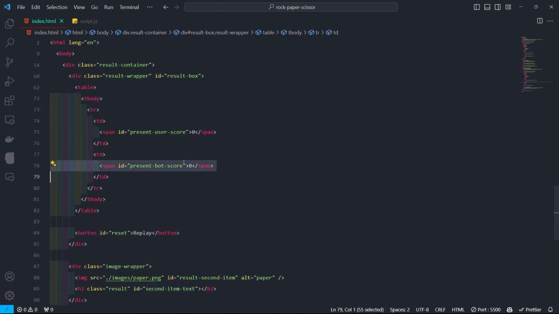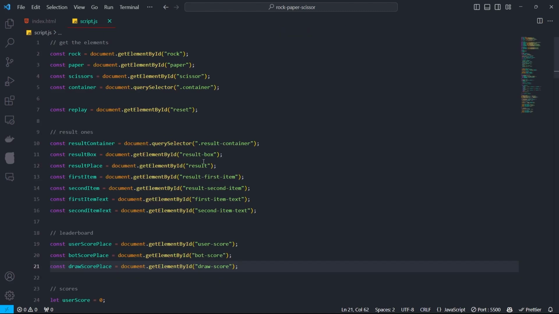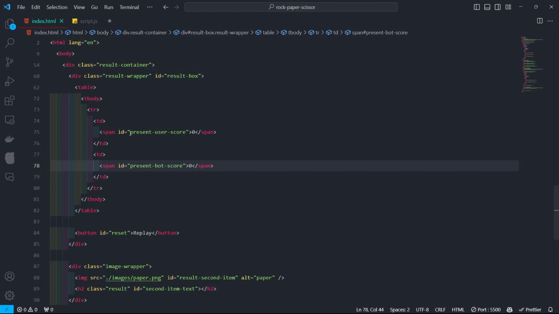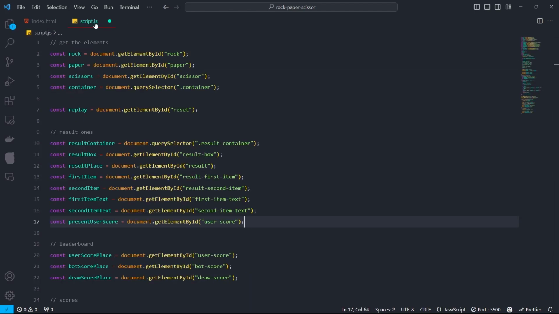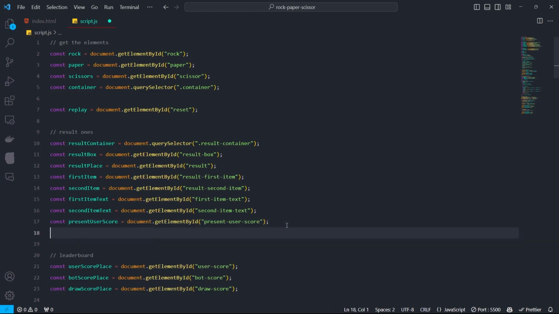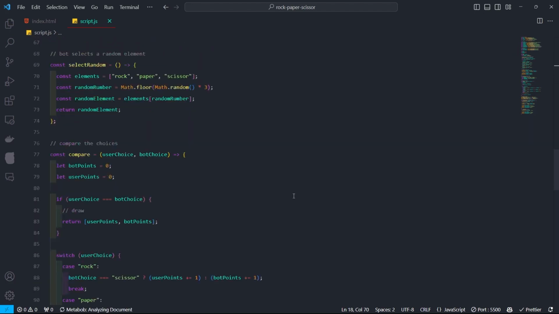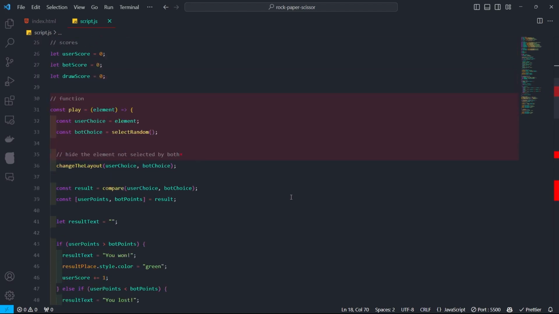Okay, we have present bot score and present user score. We haven't bothered to take that, so we need present score, this is the user score, and this is gonna be the present user score, and the bot score will be like that. Okay, present user score, and similarly we will have present bot score. So that's what we have as a text, and we need to just come over here on this file,